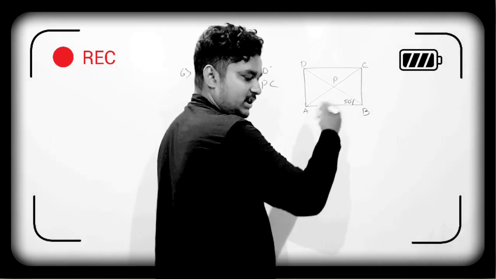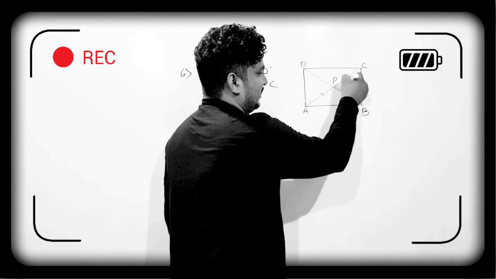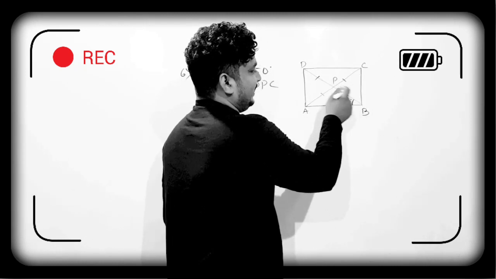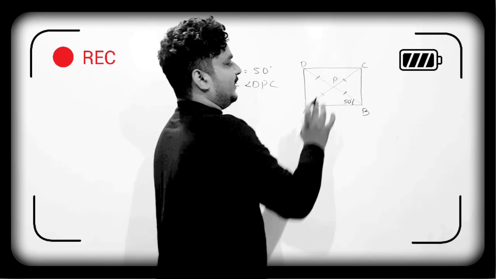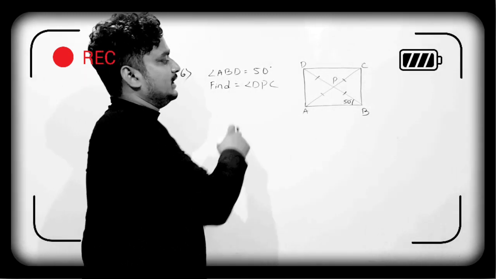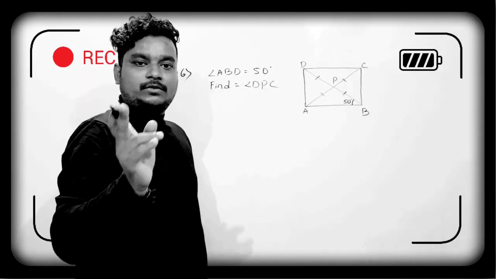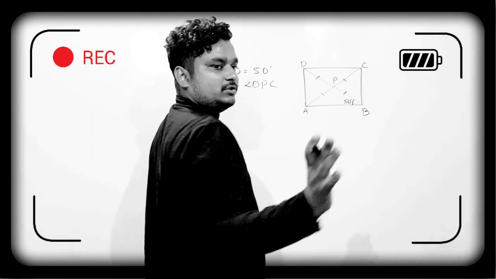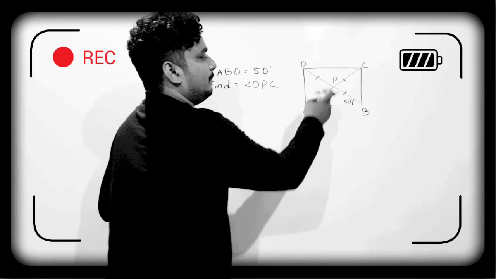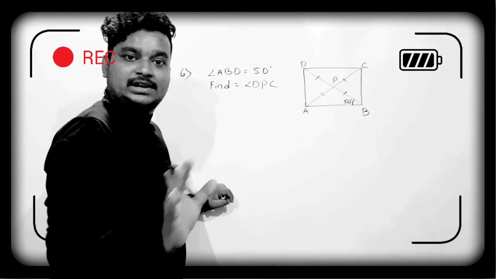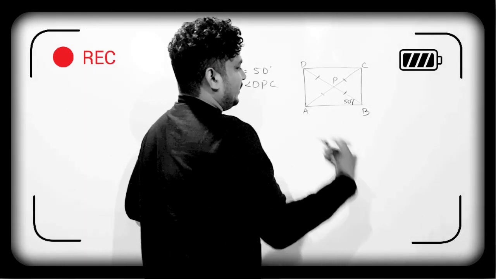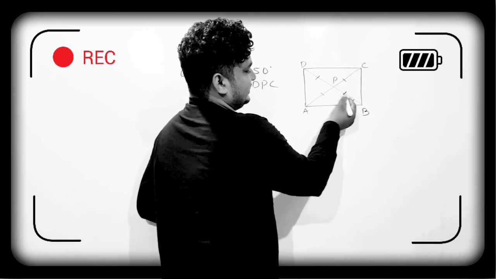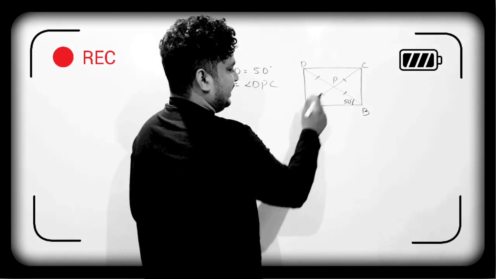Clear with this? Diagonals are divided, so this will be equal and this will be equal. Why are all the halves of the diagonals equal? Because the lengths of the diagonals of a rectangle are equal. So it is always equal. Diagonals of a rectangle are of equal length and bisect each other equally. Clear with this? So now we have this side equal to this particular side. So we can tell that